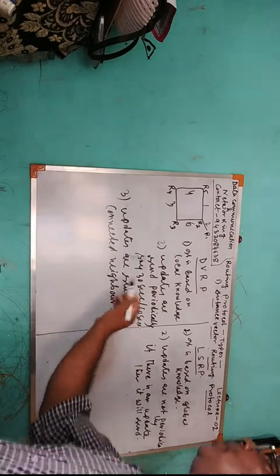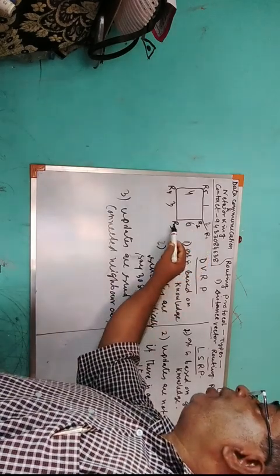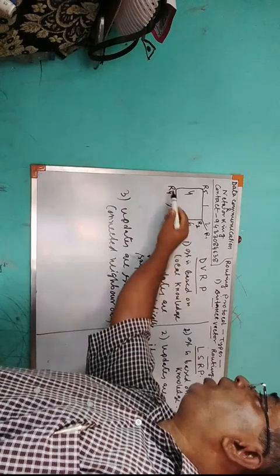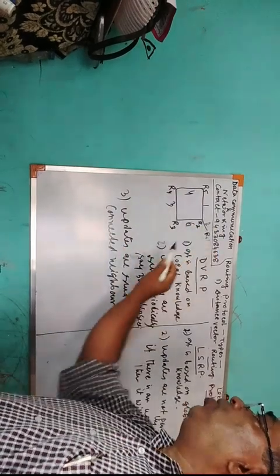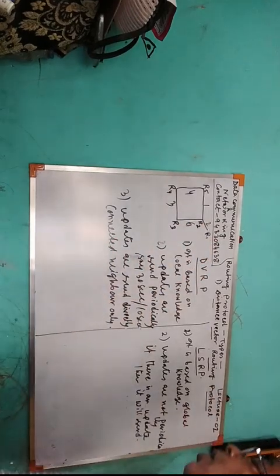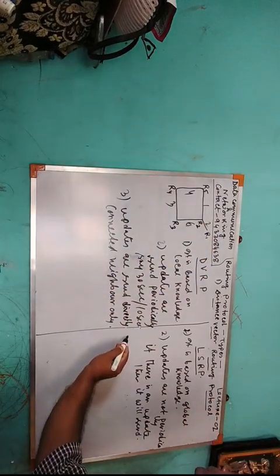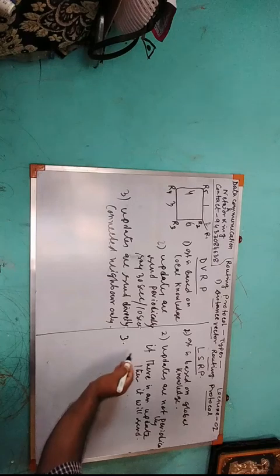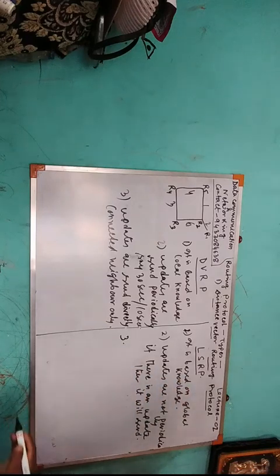That means only neighbors. R3 will send the update to R2 and R4, not R5 and R1, because R3 is not connected with R1 and R5. In case of link state routing protocol, updates are sent